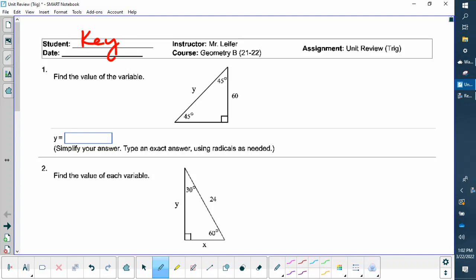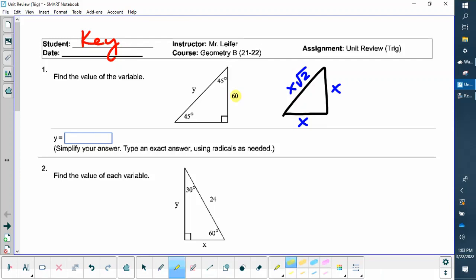Okay, problem number 1, I noticed right off the bat this is a special triangle. We call it a 45, 45, 90. Now the model for a 45, 45, 90, if I were to do a quick sketch of it, looks like this. These two sides have to be the same measure, and I could do the Pythagorean theorem, or you just have to know that the model is x times the square root of 2. So if this is 60, then down here this has to be 60,